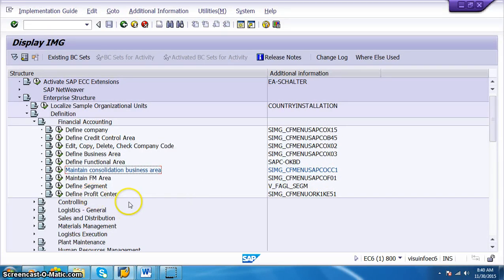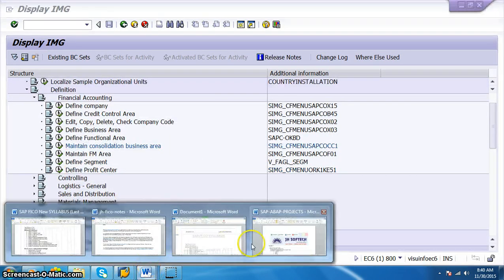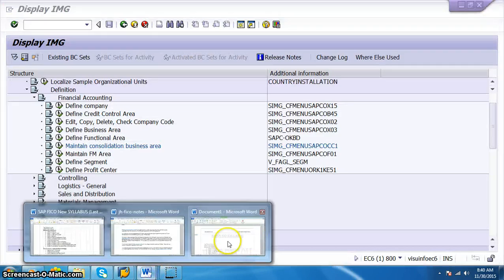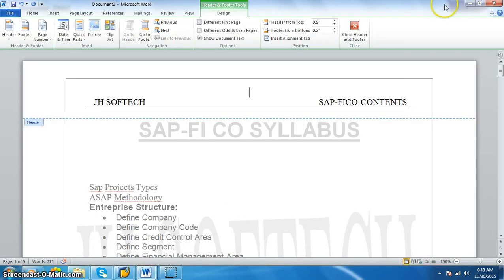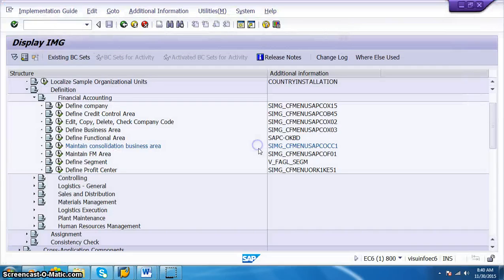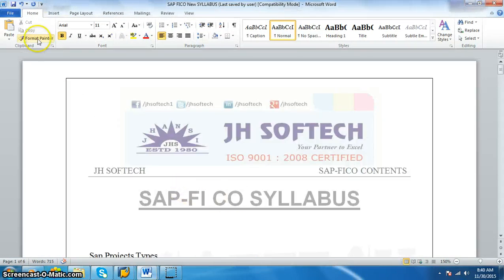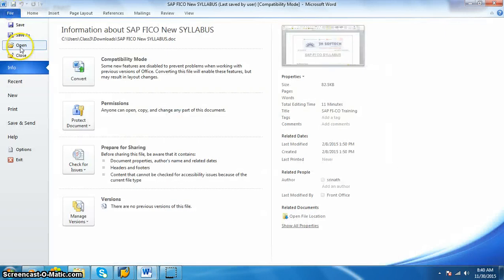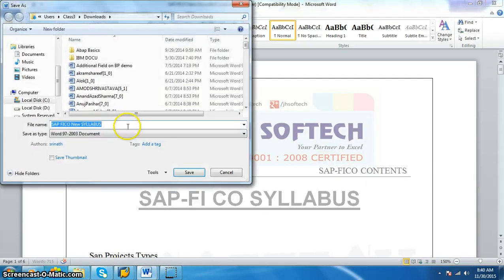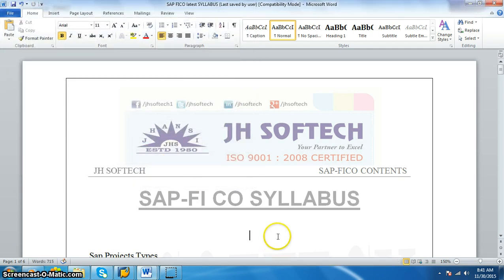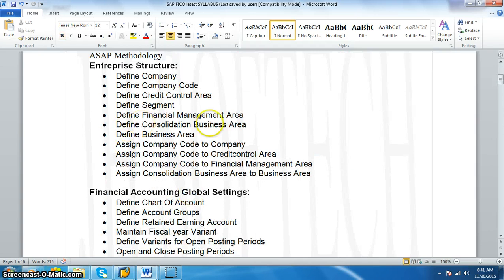Then let's go to the assigning. Okay, so now we have created the business consolidation area.